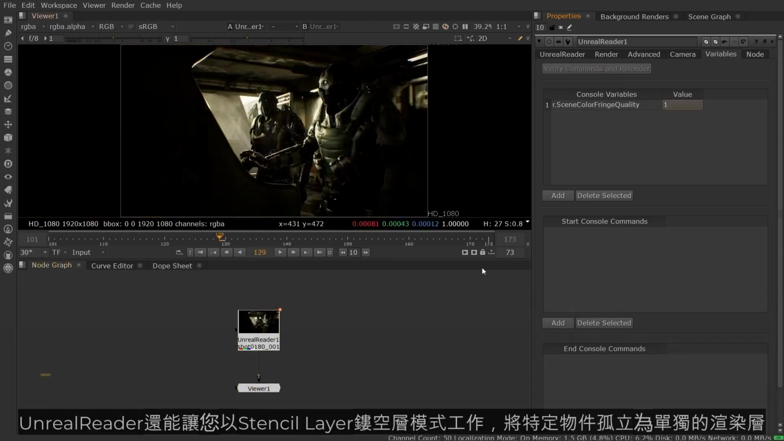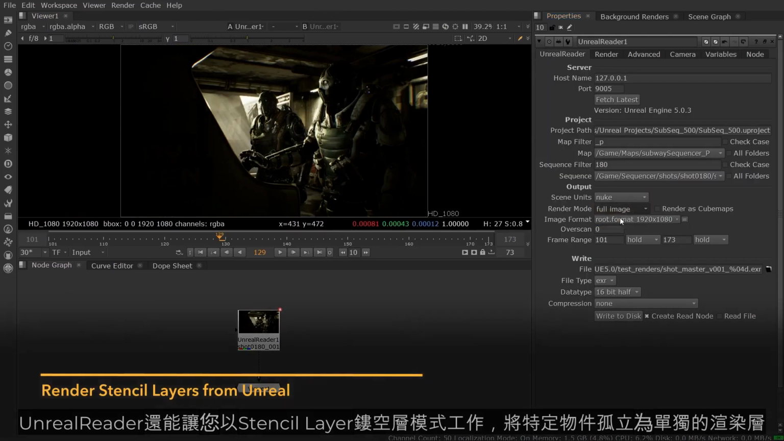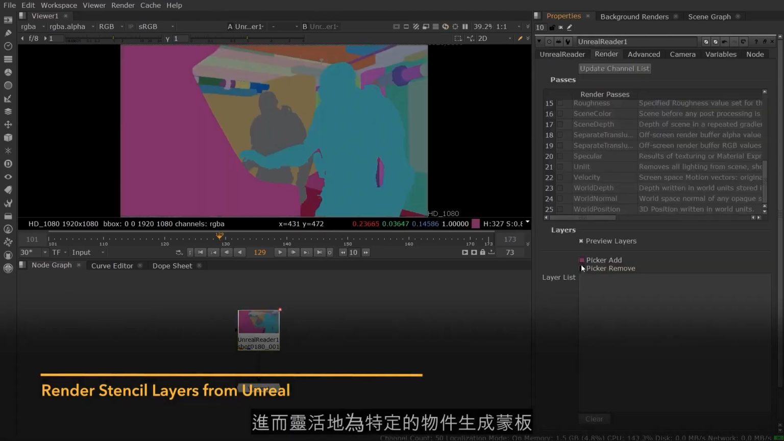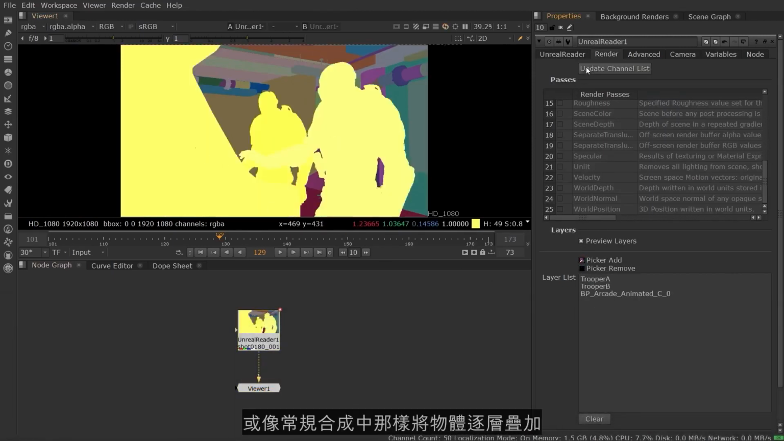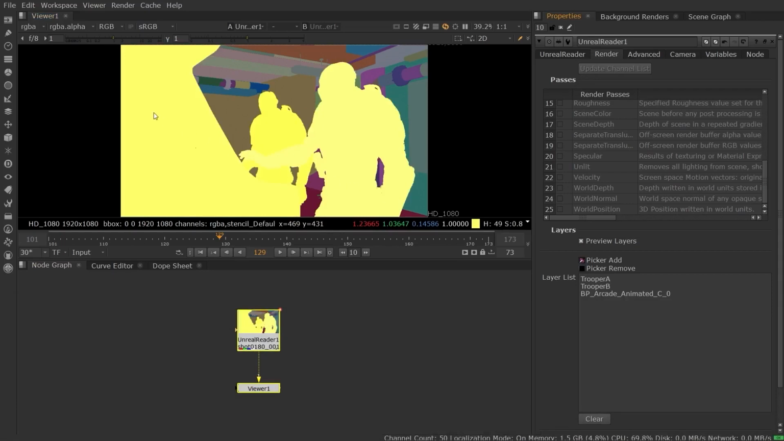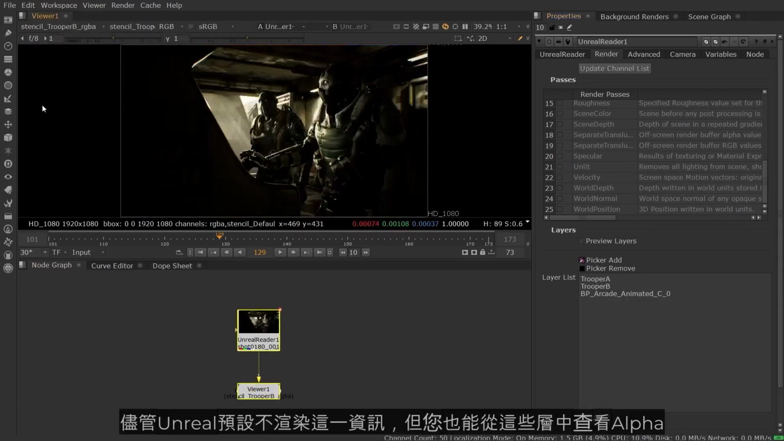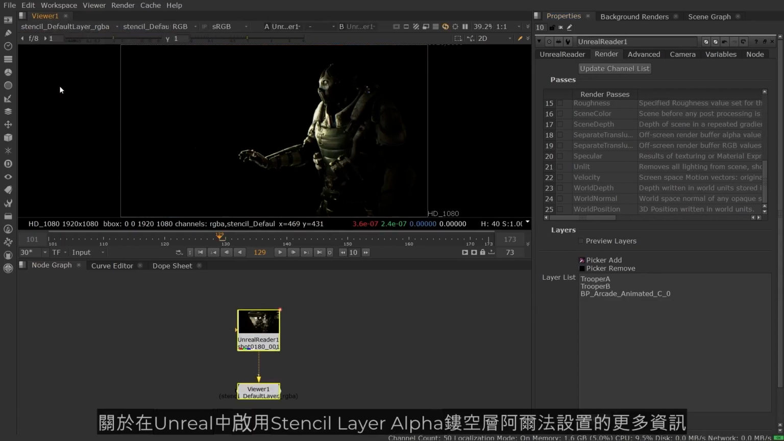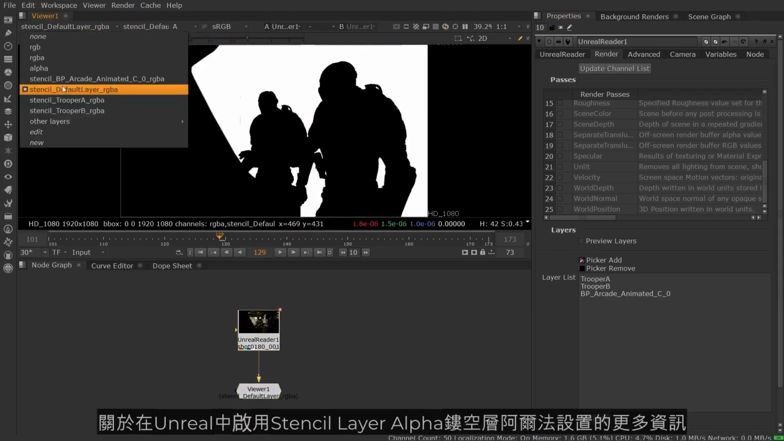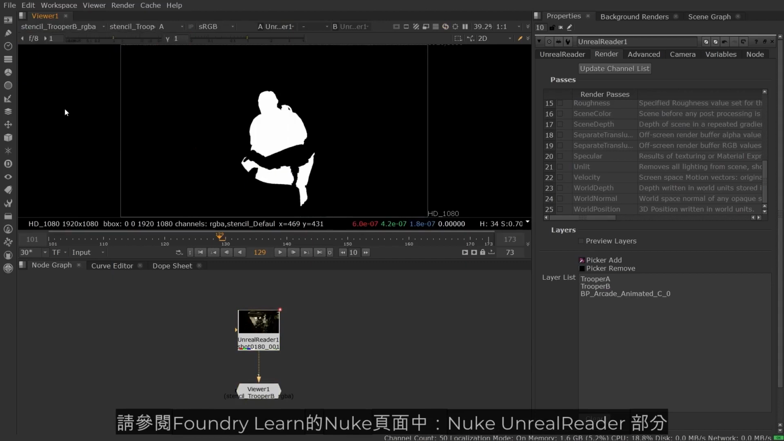UnrealReader enables you to work in stencil layer mode, which allows you to isolate specific objects into their own render layers. This gives you the flexibility to generate mattes for specific objects, or to layer up objects piece by piece as you would do in a normal composite. You can view alpha from these layers, although Unreal does not render this information by default. For further information on enabling the stencil layer alpha setting in Unreal, please see the Nuke UnrealReader section on the